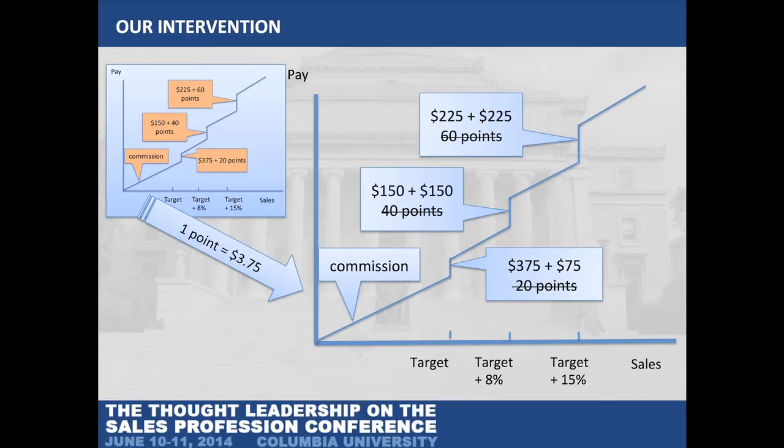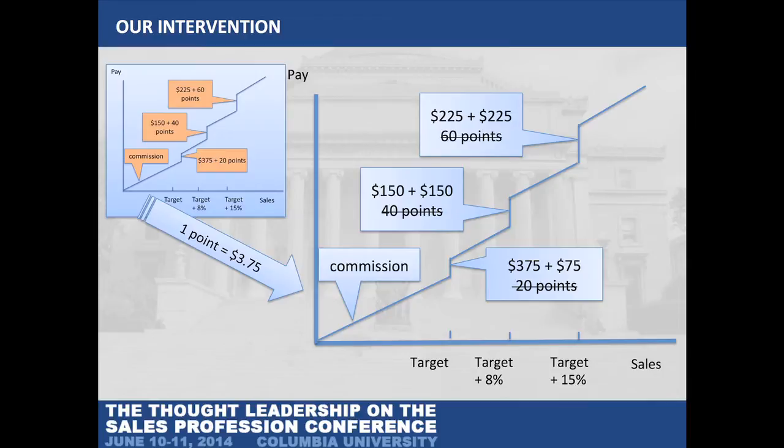Okay, so remember, that was our old plan. We essentially took all their points, converted it at the same level of target achievement into all cash. And what's the conversion rate we use? We use the cost to the company of the conversion rate. So we're actually being very generous. We're taking that entire margin you're paying the program vendor and dumping it into their paycheck. Okay? It costs this company $3.75, again, these numbers are scaled up, to generate one of these points.